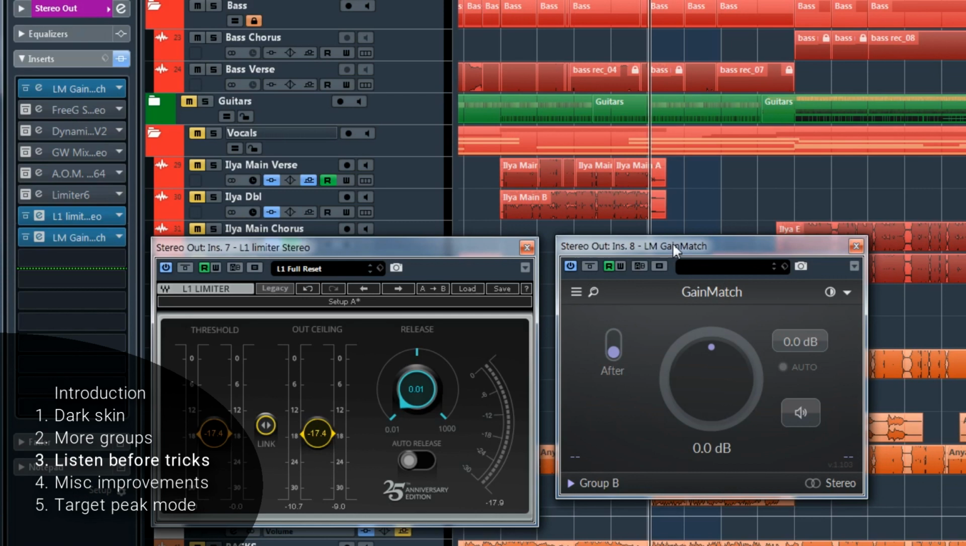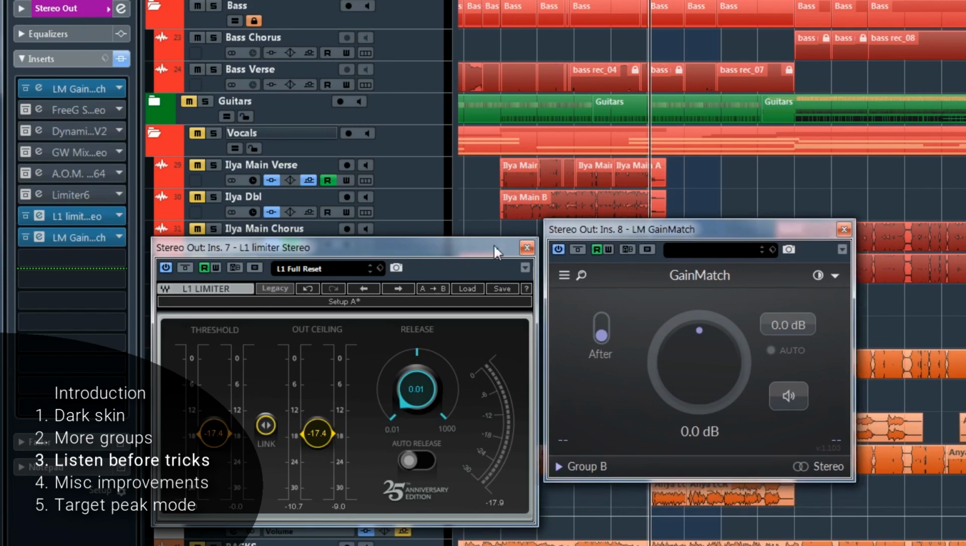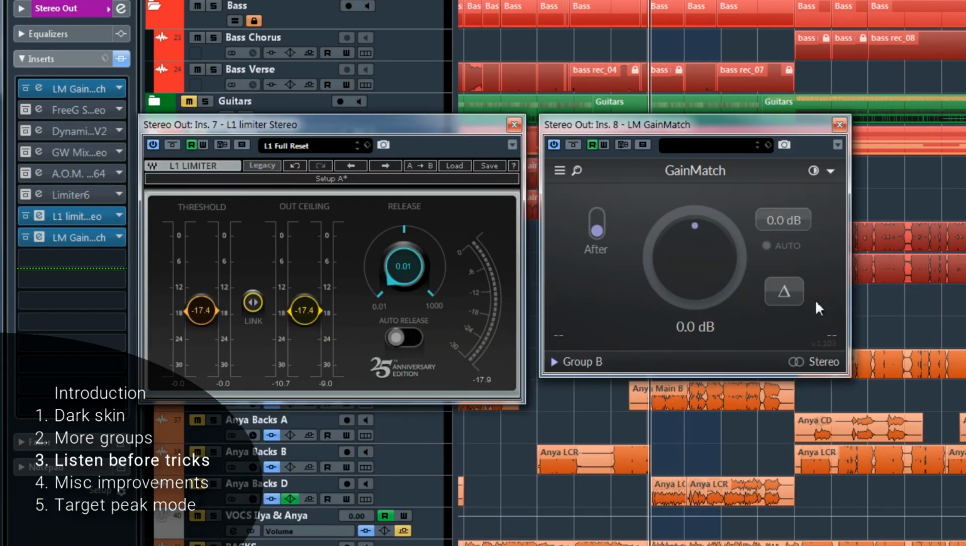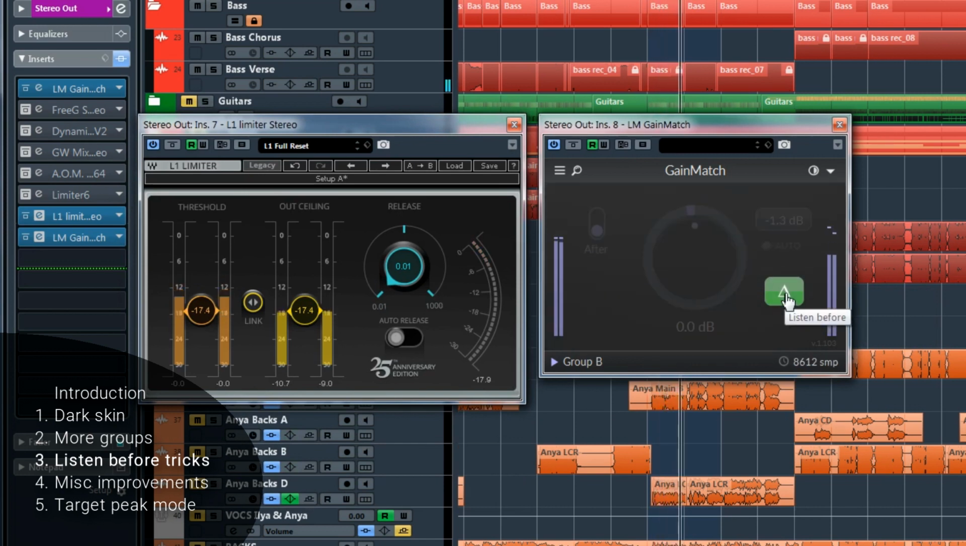Here is just a short example of what the Delta mode does. Right-clicking on the Listen button, listen to Delta. It takes the before signal, inverts the polarity, and now, if you click, you hear the difference. You see this limiter takes the peaks off and you can hear exactly what it has removed. You can hear how release works,